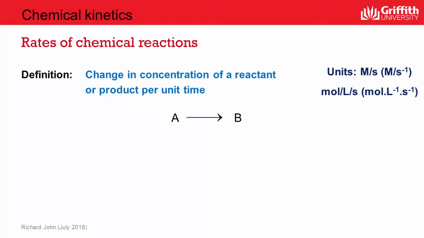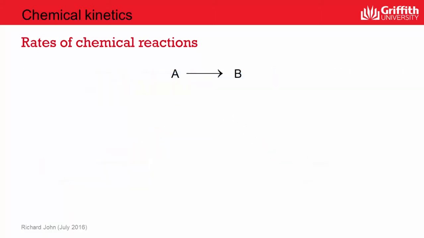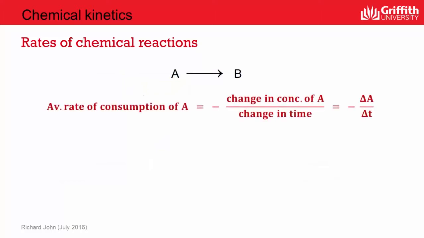Now we can examine the rate of this simplest of chemical reactions in 2 ways. Firstly, by monitoring the rate of consumption of the reactant A, or by monitoring the rate of production of the product B, and both are equally valid approaches for looking at the reaction rate. And we can write mathematical expressions for both approaches, where we see that the rate of consumption of the reactant